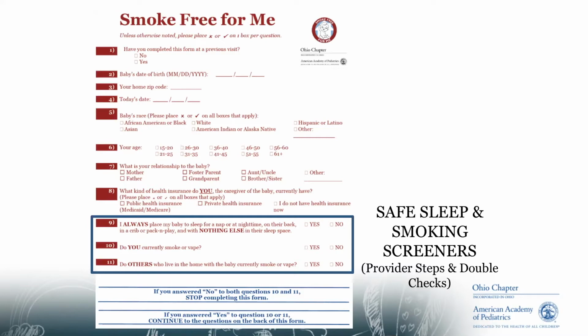Then we have the safe sleep and the smoking screeners. Those are questions 9 through 11, and these are going to help prompt what you do on the reverse side and the provider and the caregiver provider section. This is where we need to also put some steps to check and double check that what they're putting in terms of when they smell smoke on them, that they indicate that they don't smoke. Or you're talking about safe sleep and they indicated that they did do this. So just kind of making sure the conversations match with what's on the tool,